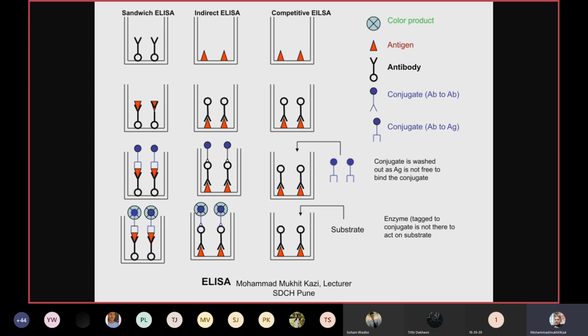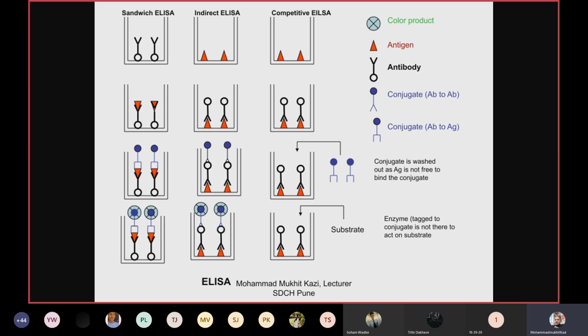The optical density of that color compound is detected, and you will come to know whether the patient is positive or negative. There has to be a cutoff value. A certain amount of optical density will be considered positive, and below this will be considered negative. For example, you may get an OD value of 0.8, 0.7 or 0.6, or 0.001, 0.002, or 1.9, 1.8, whatever. There are three types of readings I have told you.